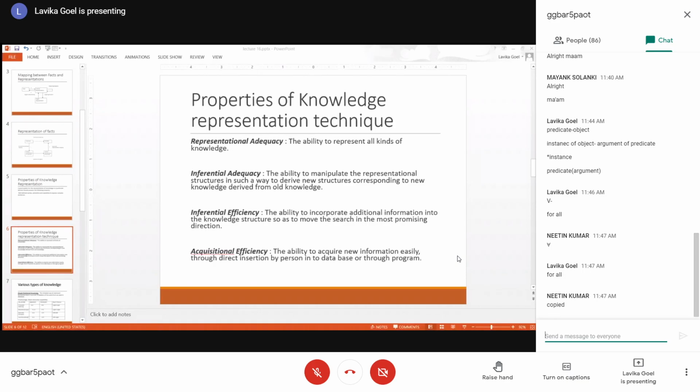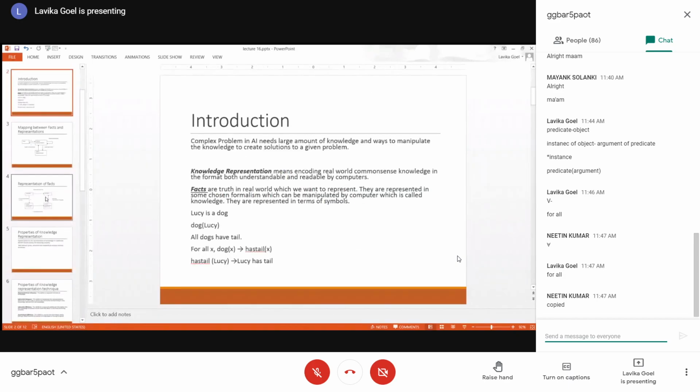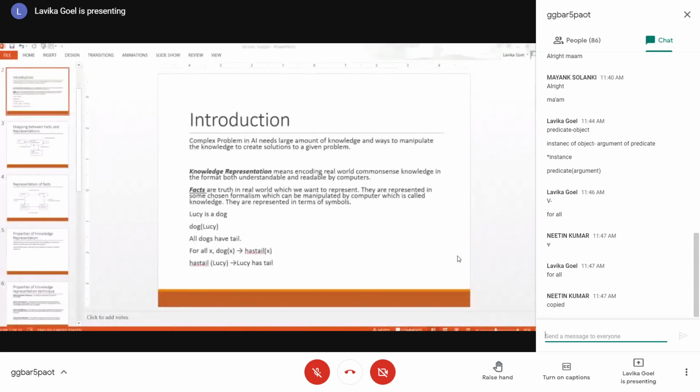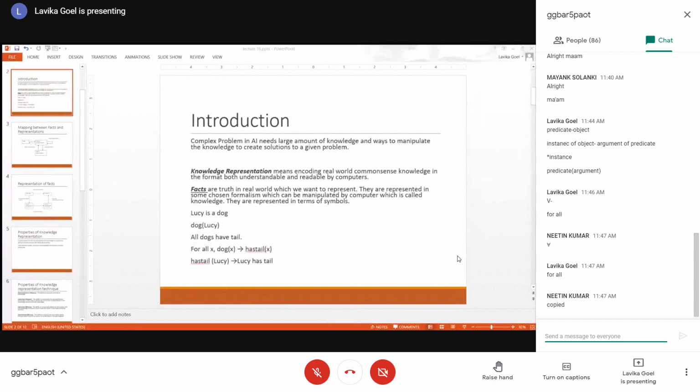So for example, let us take the example of that dog. In this case, you know that Lucy is a dog and all dogs have tail. So even if you don't have the sentence, all dogs have tail, with you, right? Suppose you have only this sentence, Lucy is a dog. And the question is, has Lucy got a tail? So can your knowledge representation structure infer the default inferences from the given information? That is basically the incorporation of domain knowledge.